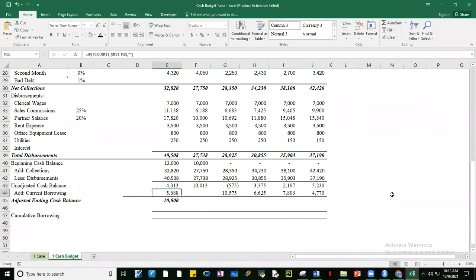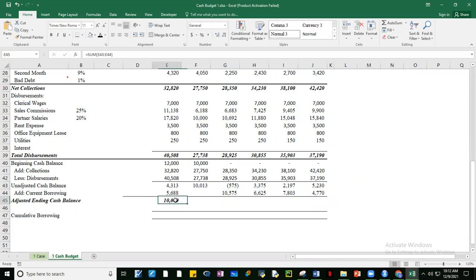Okay, so current borrowing once again guys is equal to, if the unadjusted cash balance is less than 10,000, manghihiram tayo, we're going to borrow by the amount of 10,000 minus unadjusted cash balance. Otherwise, no borrowing tayo. Then we just copied that to the right. Okay.